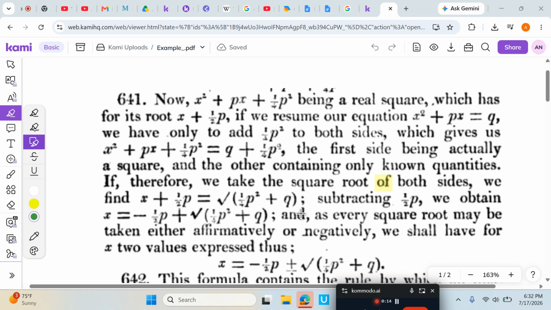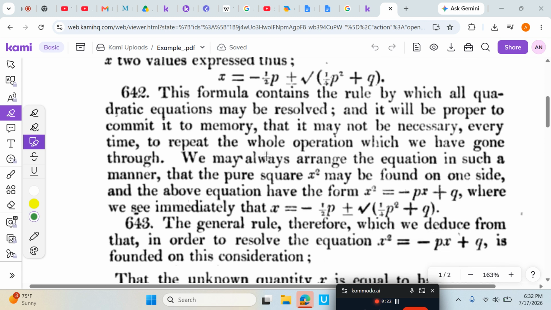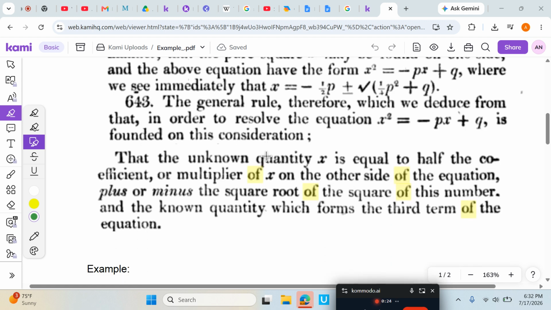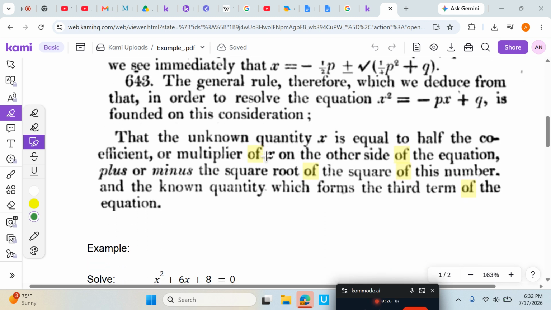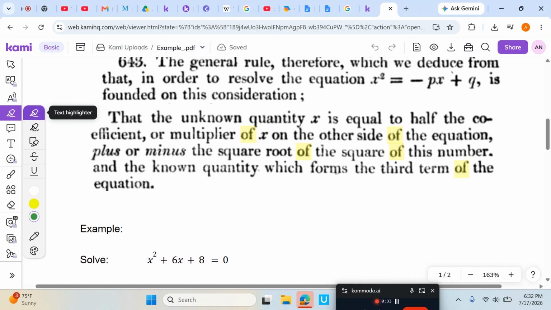So Euler wrote this algebra book a while ago, and as you can see, he's completing the square. That's all he's doing. And you could slow down and read this if you like. But we get this really interesting result. So he says that we have a general rule that when we have it in this form,